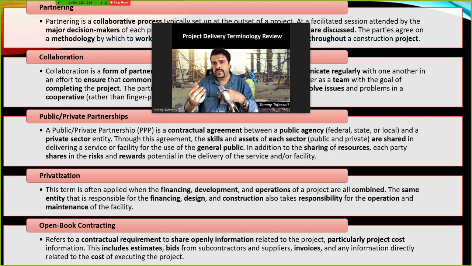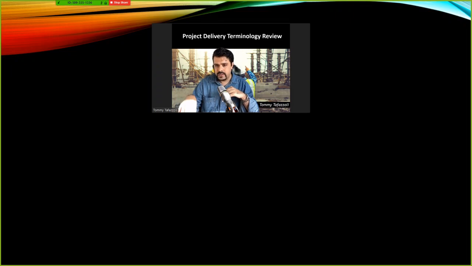So there are good things and bad things about it. There are pros and cons. Most of the time, it's advantageous for the project, but sometimes it could create additional negotiations between the team players because they should be content. Everyone should be satisfied with the pricings that are happening in the project.